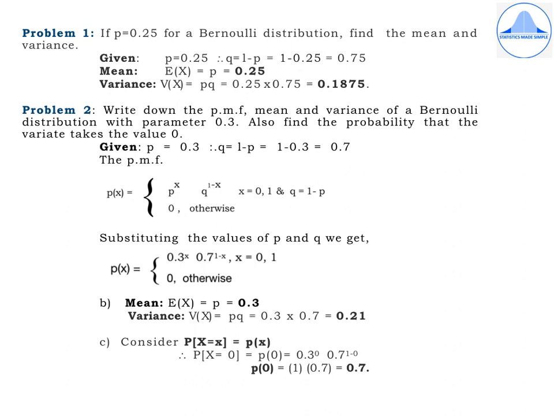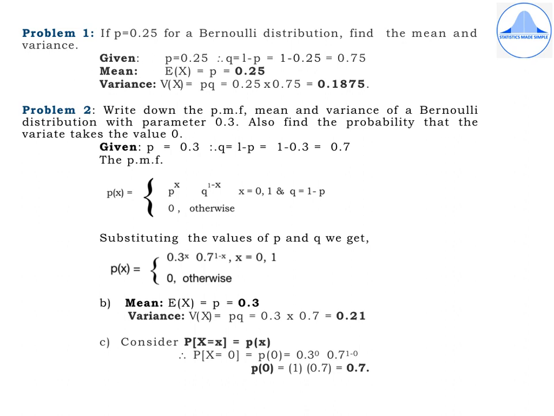Firstly, I'll give a short recap of my first video where we discussed the PMF of a Bernoulli distribution, which is P of x equal to P to the power x, Q to the power 1 minus x. X takes the values 0, 1, 0 otherwise. We had also discussed the mean, which is E of x equal to P. The variance is V of x equal to PQ, where Q is equal to 1 minus P. The standard deviation is SD of x equal to root PQ. So keeping all these formulae in mind,